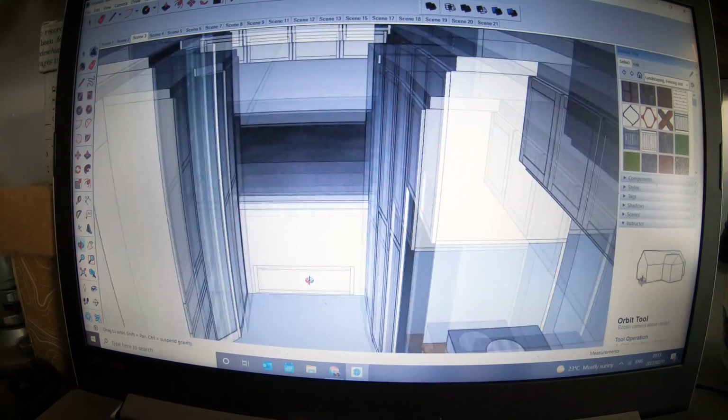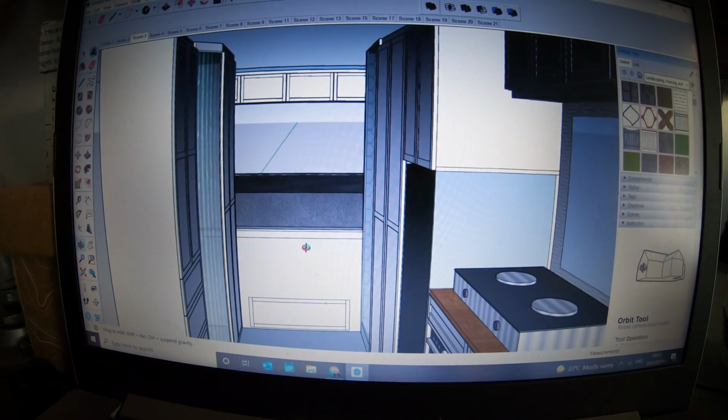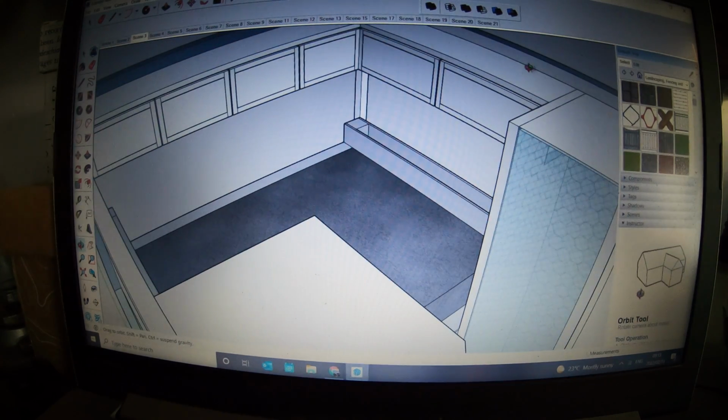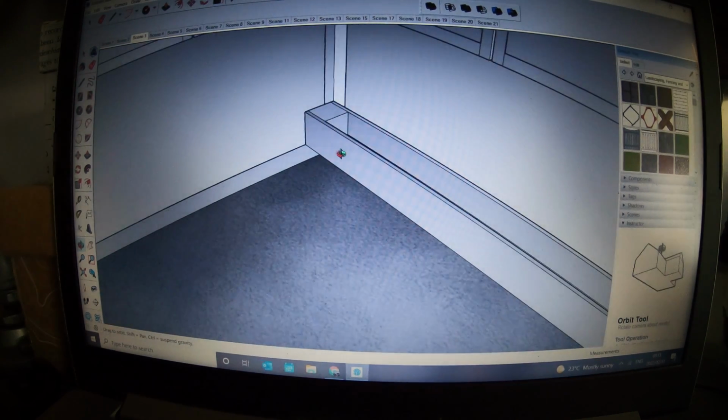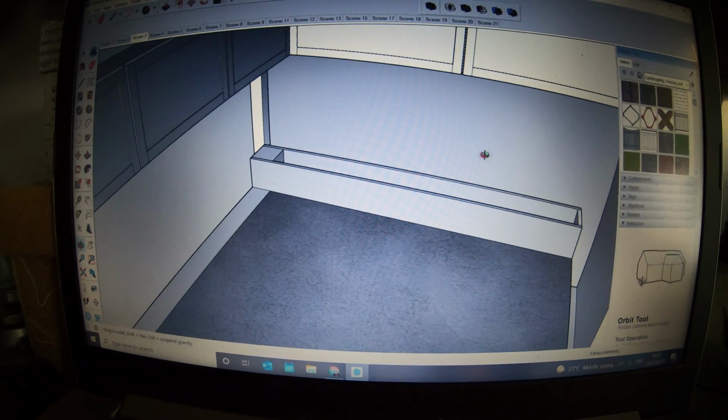The bedroom has a little sliding drawer, so the drawer slides out and that acts as a step. As the bed is quite high, it's 900 millimeters high, the step will also act as shoe storage. Going into the bedroom we've got the top cupboard storage, as well as the foot of the bed will be where the TV goes, so on the wall there,